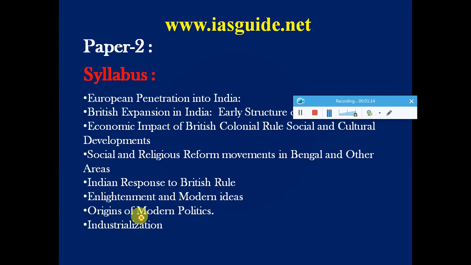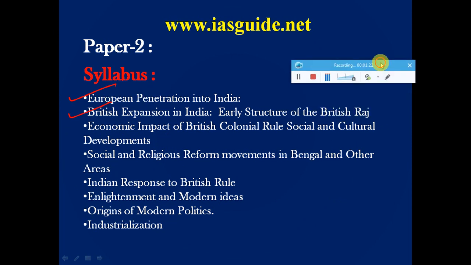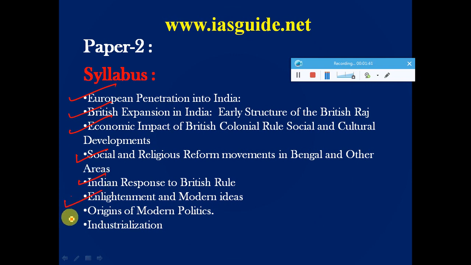And let us see what the content in paper 2 is. The syllabus tells about European penetration into India, British expansion in India, that is British Raj, then economic impact of British colonial rule in India, and cultural developments, social and religious reform in Bengal and other areas in India, Indian response to British rule, how Indians reacted,